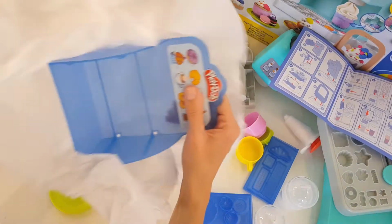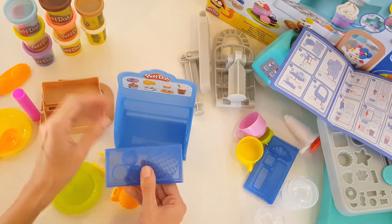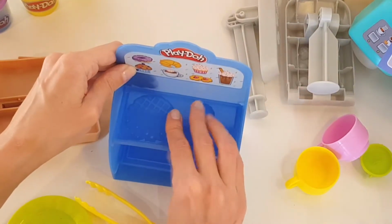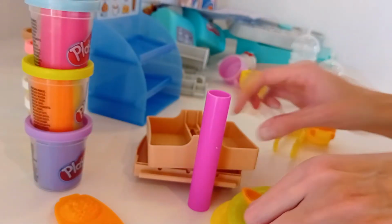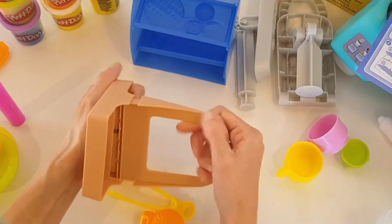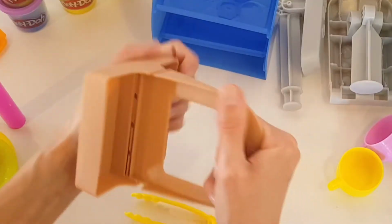I think, yes. So this is the display. And I think that's what it's for. So these are molds as well, but they also function as the trays for this one. Super useful and handy. So let me put that here. Let me see, these we already watched, and we have got these two things, which is the carrier for our creations. Maybe the other way around. Yes, better like this. Try again. Yeah, that's the